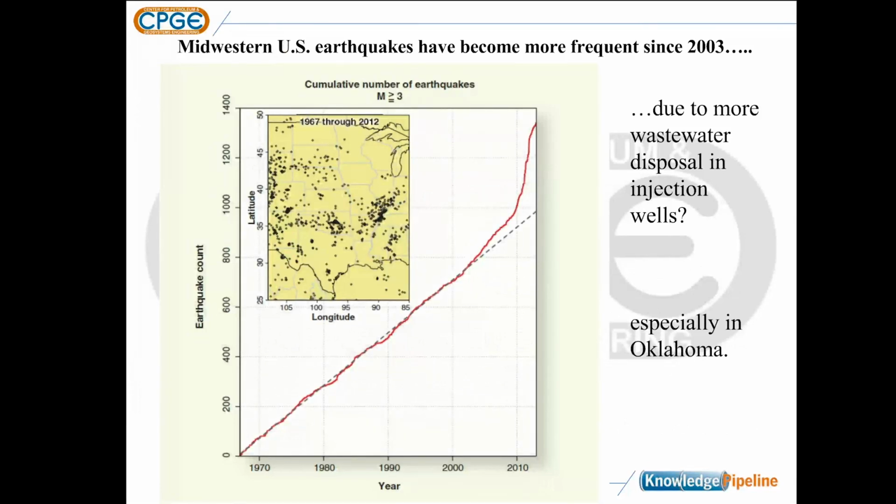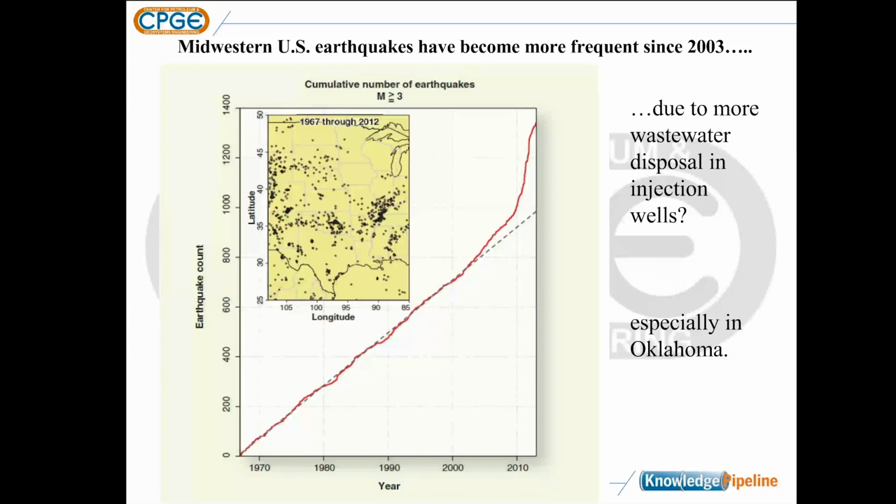Now, I'm going to talk about Oklahoma. This is not a very good map, but the map shows the Midwestern United States from Texas to North Dakota, and the dots are earthquakes. The plot shows the number of earthquakes versus time, from 1965 to about 2000. What we see is the line is straight, meaning there are about 20 earthquakes per year in the Midwest. Then in the early 2000s, the earthquakes happened more quickly, and then finally in 2010 they happened more quickly still.